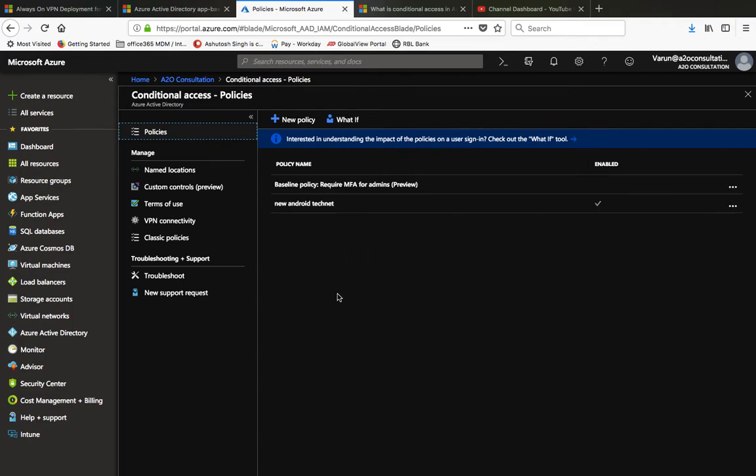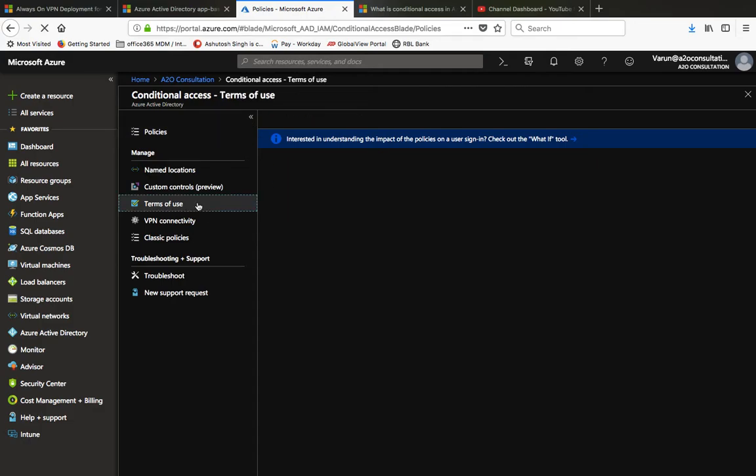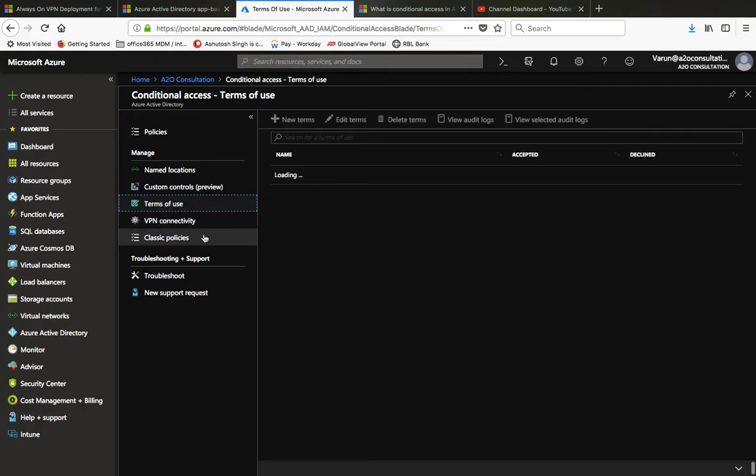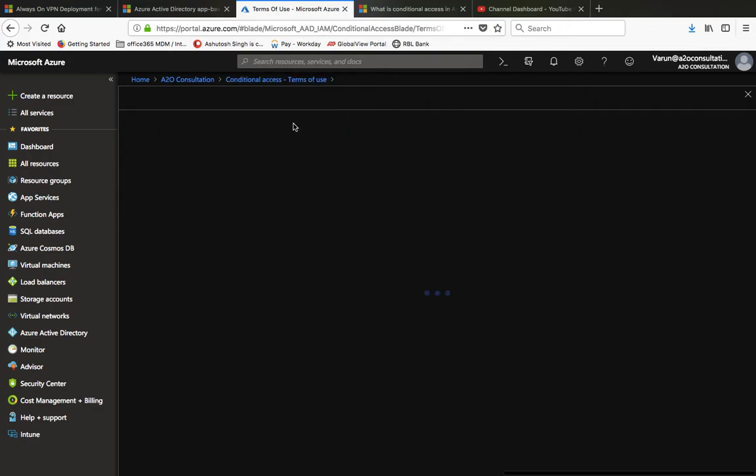Once you open conditional access, there are different options: named locations, custom controls. That's in preview mode, so it may work, it may not, depends. The third one is terms of use. For example, if a user is enrolling in your organization, what terms should they accept or not. Let me just show you what it is all about. There's no item yet, I believe. Yeah, none. You go to new terms,